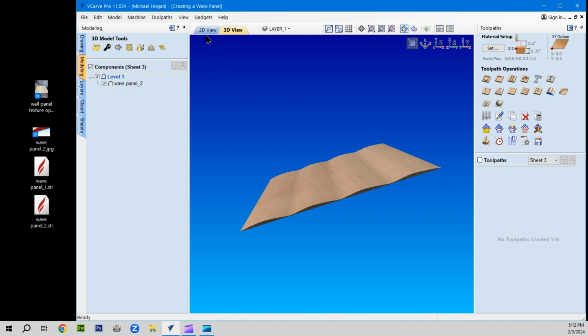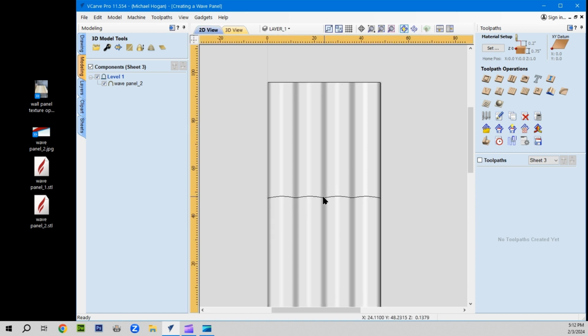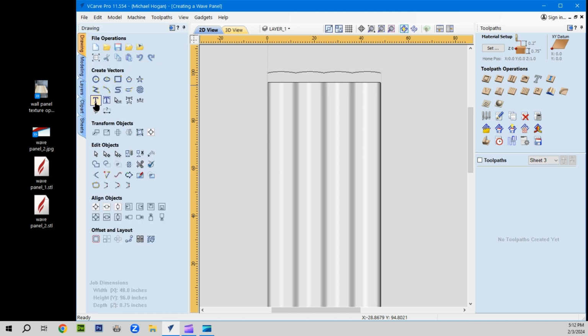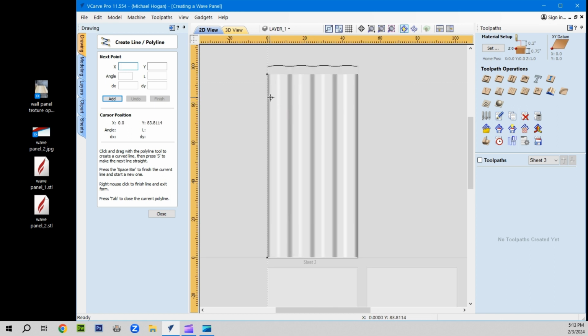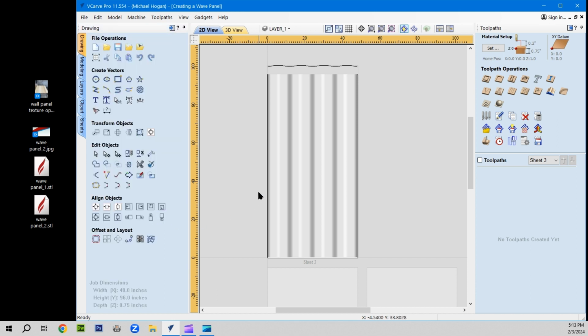Now we need to go and create our vectors. So we're going to take this contour vector, move it up here at the top, move it out of the way. We don't need it anymore. We go to a polyline and we make sure the panel is visible. And we draw a line straight on down, and then we hit the space bar to disconnect. And then you close that. We have our vector for the